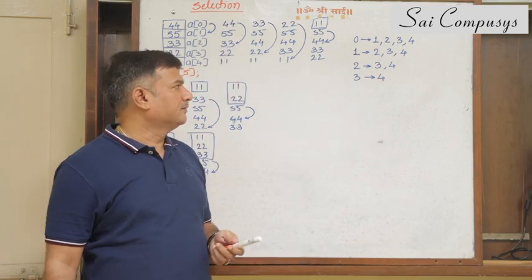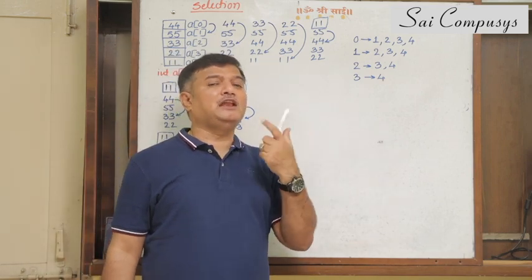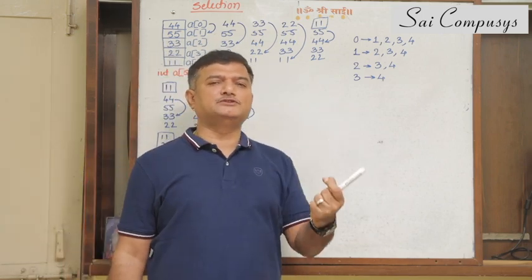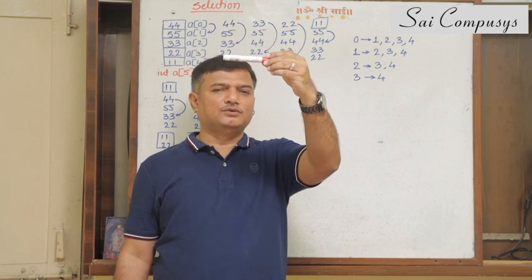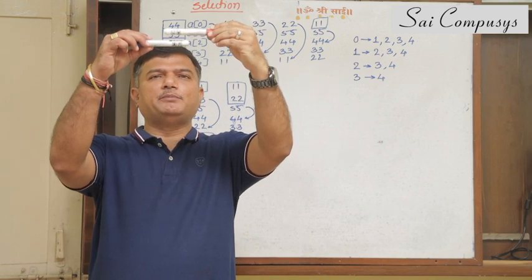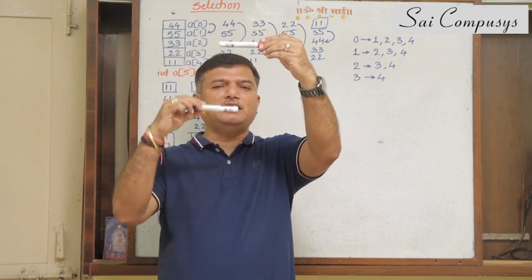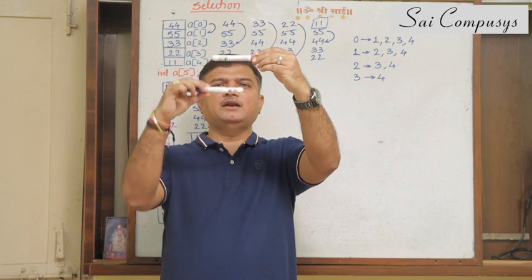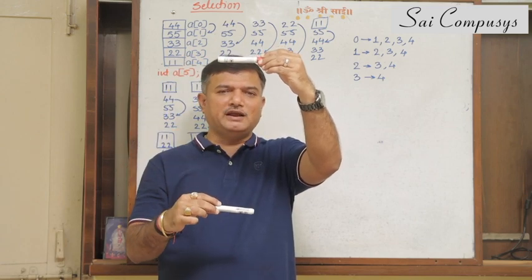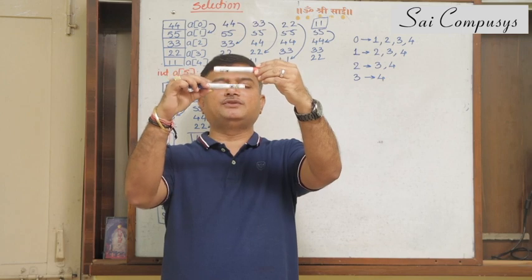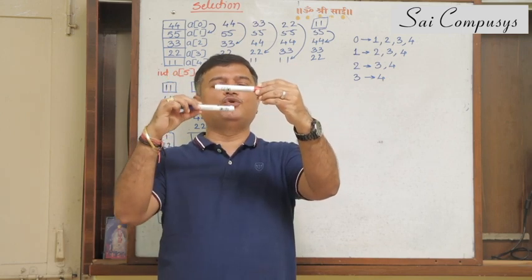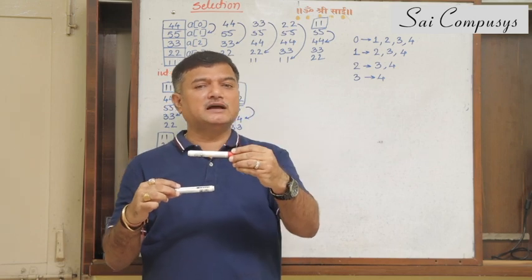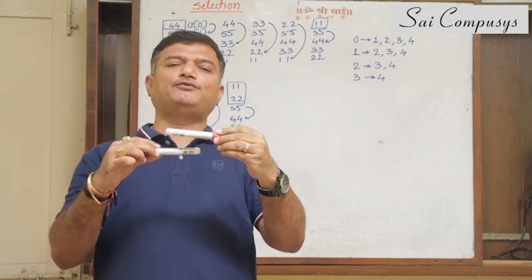Now let's do one thing. Imagine an array of 50 numbers. Just try to understand how elements in the array will be arranged. I select A of 0. With what will you compare? You will compare it with elements from A of 1 till A of 49. If it is greater, then you need to interchange them. Select A of 1, compare with A2 till A of 49. Then A2 with A3 to A49, A3 with A4 to A49, and so on. What will be the last comparison? A of 48 with A of 49.